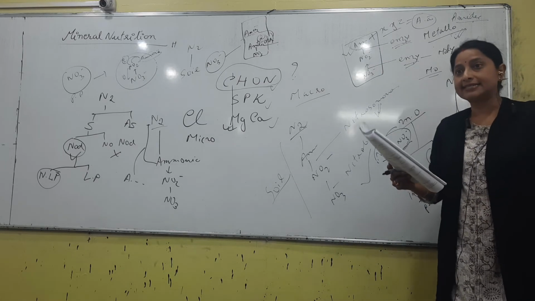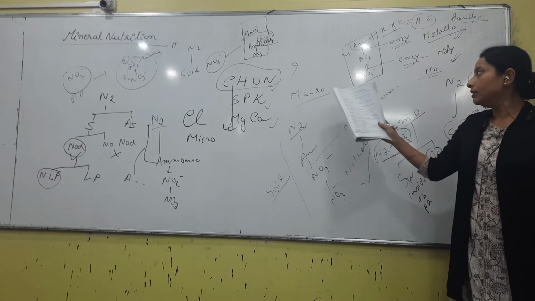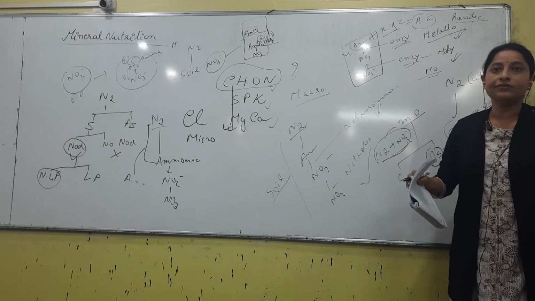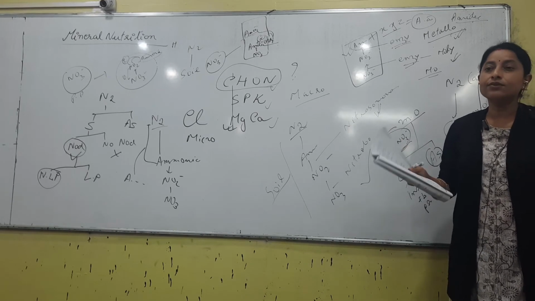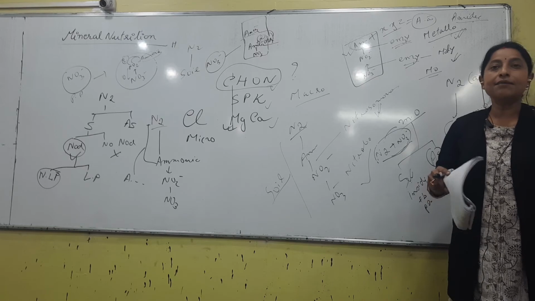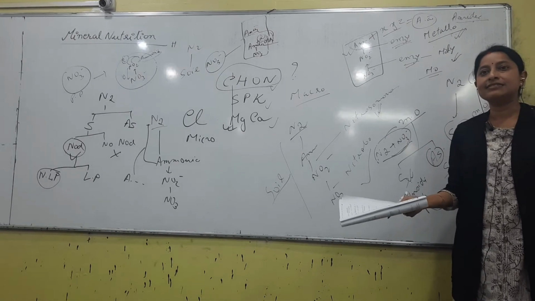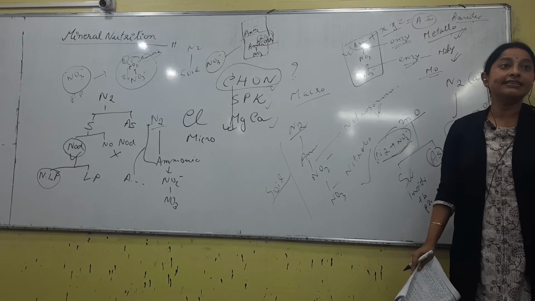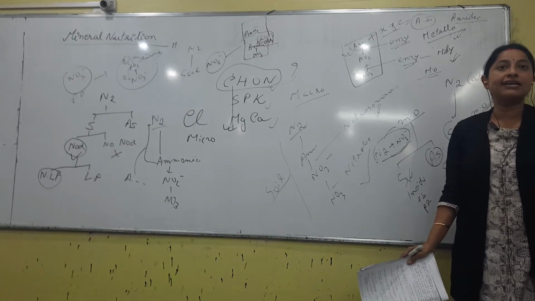Or amino acid could also be formed by another process called transamination. What happens in transamination? The glutamic acid that was formed, glutamic acid kune form korile? Reductive amination, right. The glutamic acid that was formed combines with some other acids to form other amino acids. That is the reason why I said amino acids are not